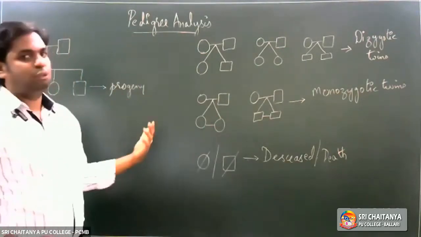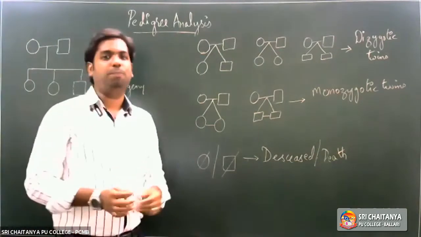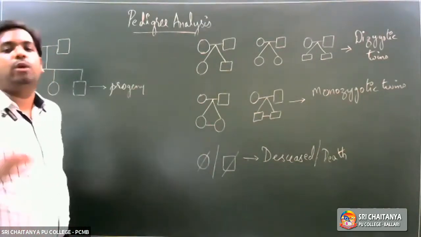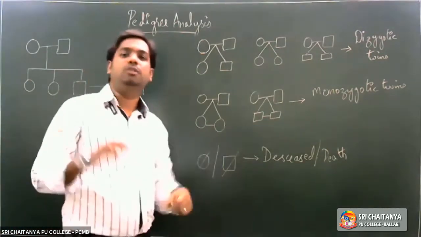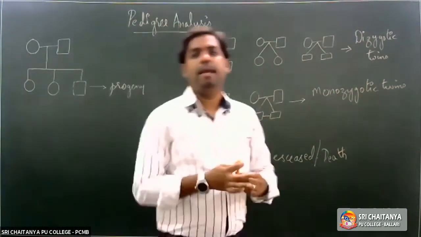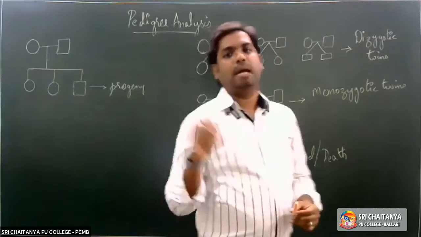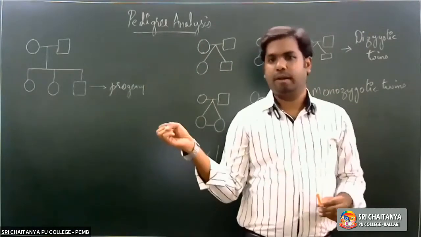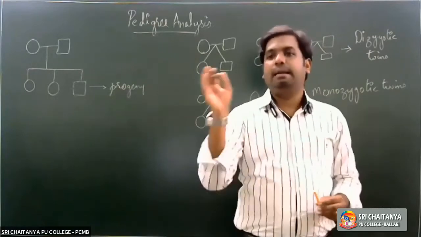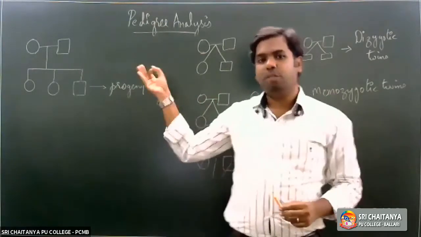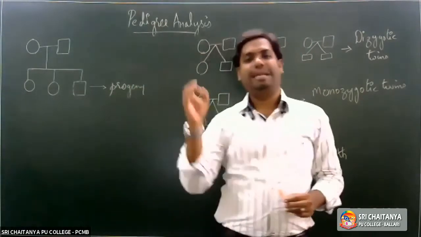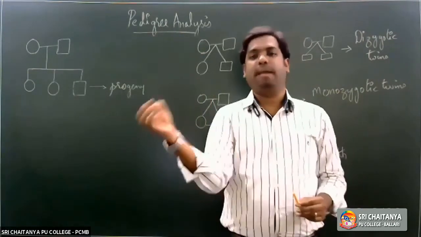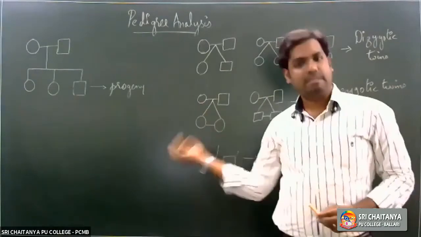A quick recap of the symbols we have seen so far. First one, if there is an empty circle, that would indicate that the individual is a normal female, right? If there is an empty square, that would indicate that the individual is a normal male, right? Next, what did we see? A diamond shaped symbol. If it is there, that would indicate that the sex of the individual is unspecified. We call it unspecified sex.